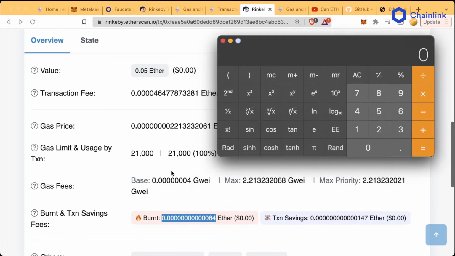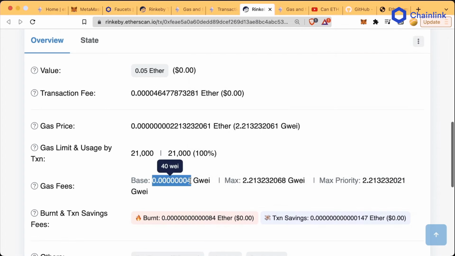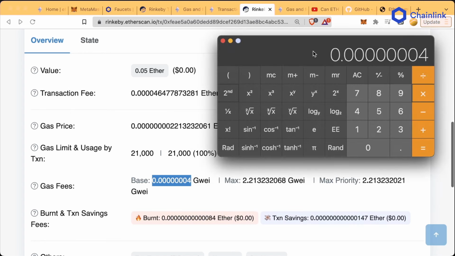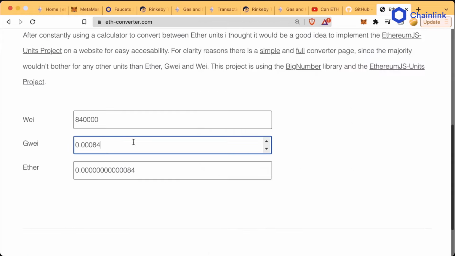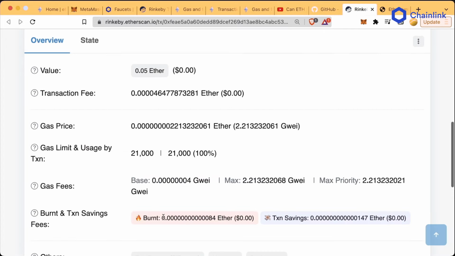And if we pull up our calculator again, we can grab this gas fee, multiply it by the amount of gas we used, and we can see that this is indeed how much Ethereum we actually ended up burning. We go back to an Ethereum converter, paste it in, and we can see that these two numbers are indeed equal. This means whenever you send a transaction, a little bit of Ethereum is removed from circulation forever, or it's considered